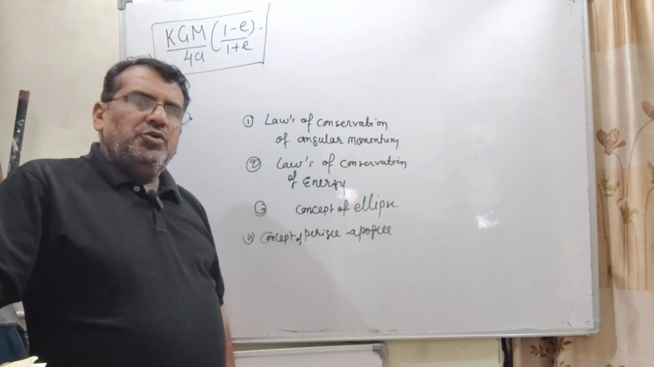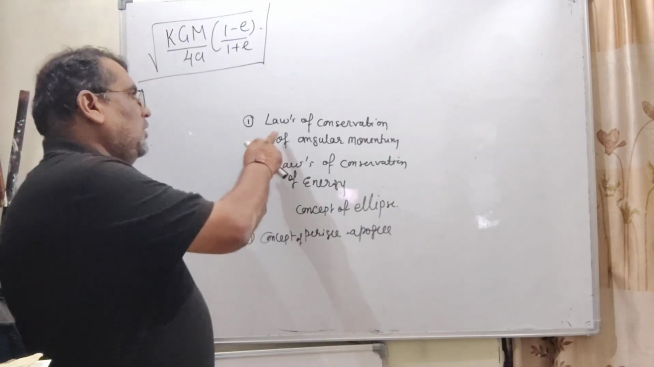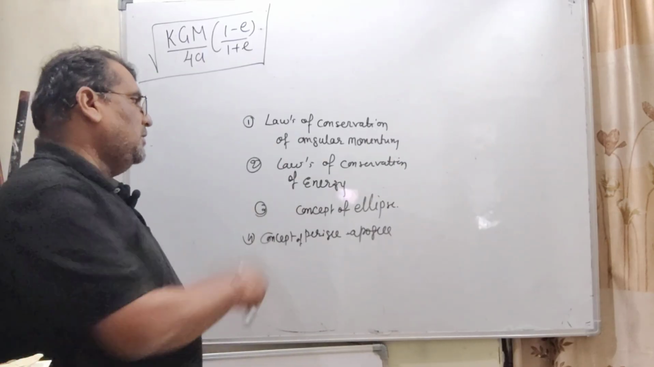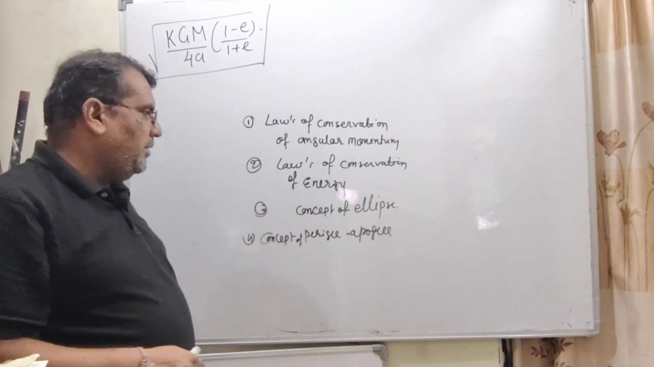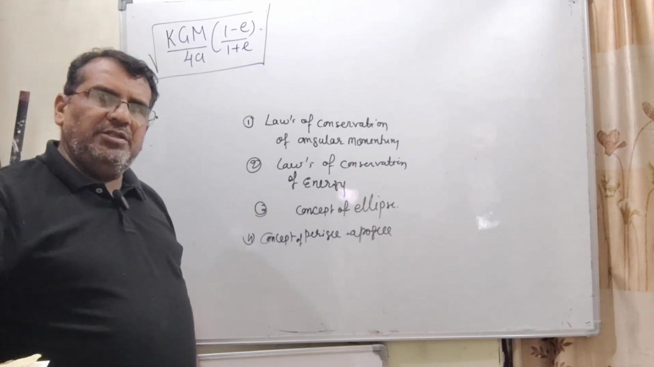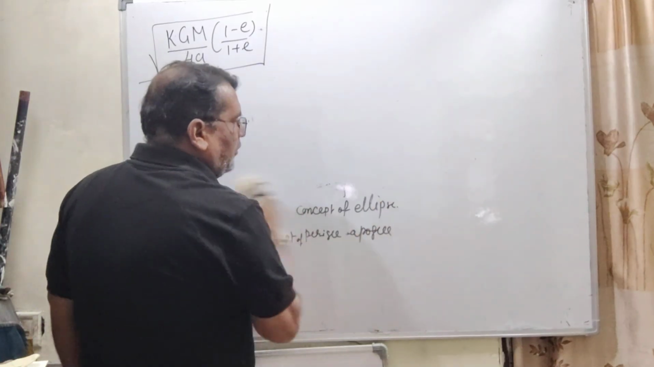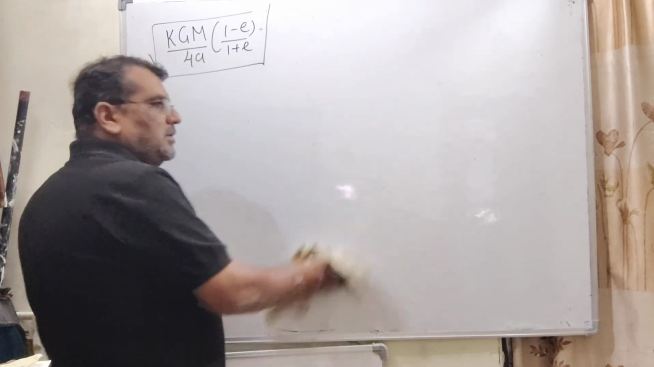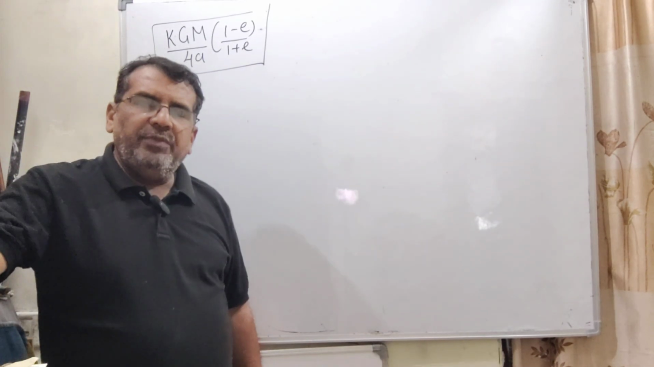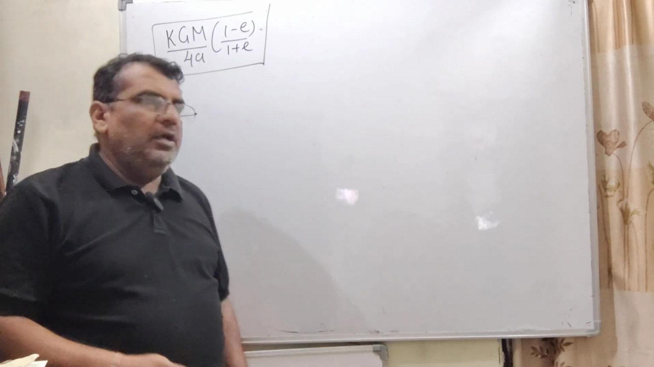Dear student, to solve this question we use these four concepts. First, the law of conservation of angular momentum. Second, the law of conservation of energy. Third, the concept of an ellipse. And fourth, the concept of perigee and apogee. The closest distance of the planet from the sun is called perigee, and the furthest distance is called apogee. Is it okay? So here,